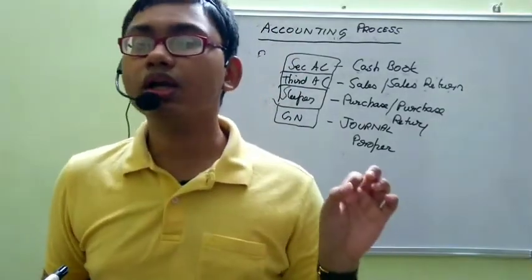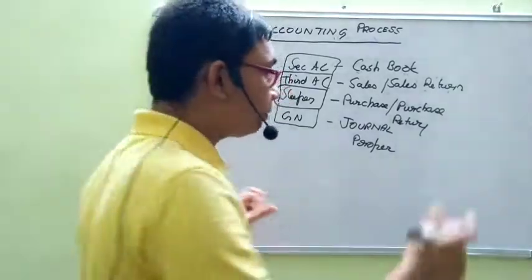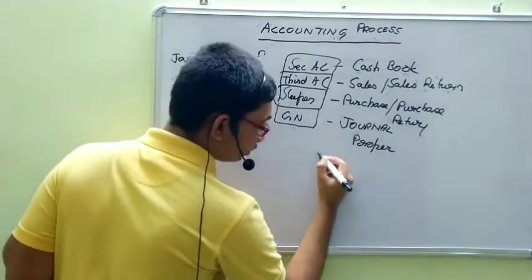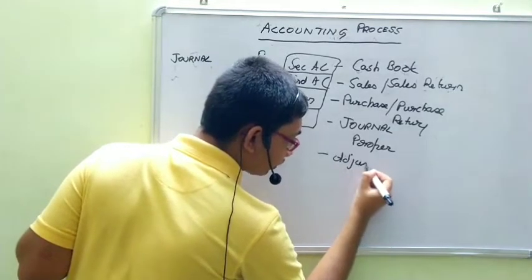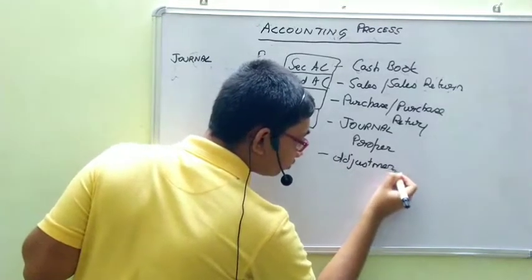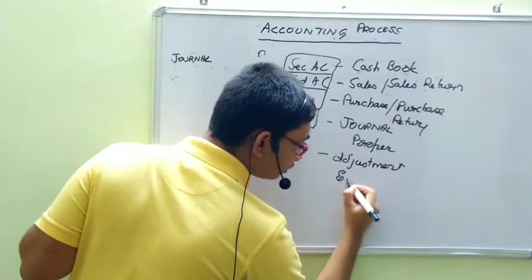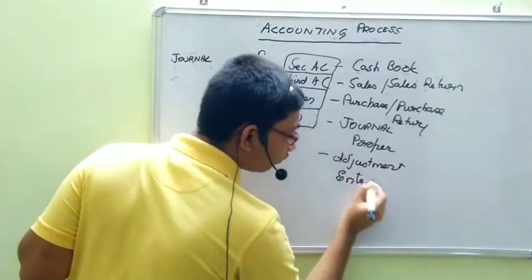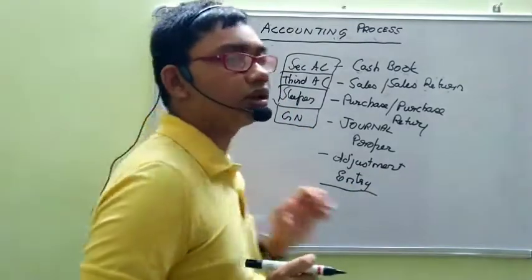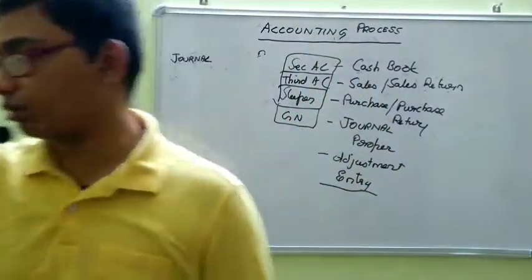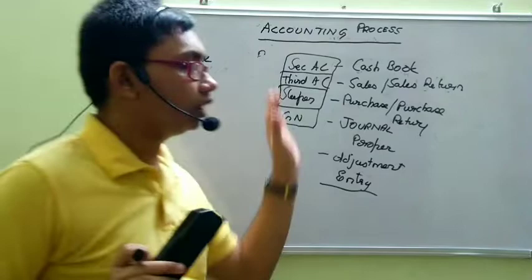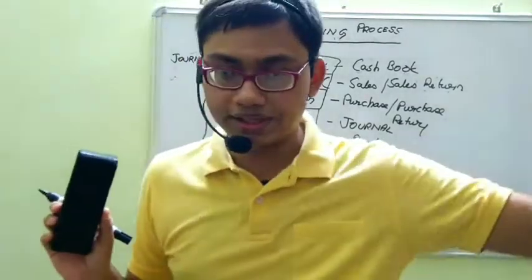One such category of transaction can be adjustment entries. I am just giving you this as additional information. What are these adjustment entries and where are they used? Everything we will discuss in some later session. So this is about the journal and the subsidiary books. Now everything is done in the journal and the subsidiary books and the train has left.